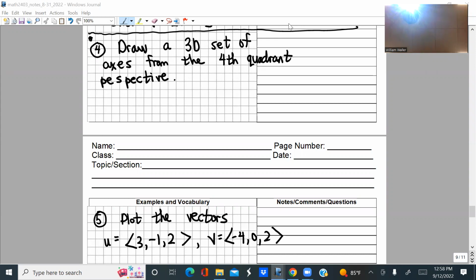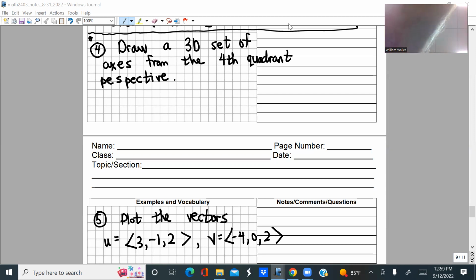plot those two vectors, but first, make sure you've got your axes marked properly, right? Your 3D set of axes marked properly. Try to do it from the fourth quadrant perspective, but if it doesn't turn out that way, that's okay. You can still plot these vectors, right? As long as you label the axes, okay, and label the tick marks, you can still plot these vectors. I think it maybe makes a nice picture from, well,